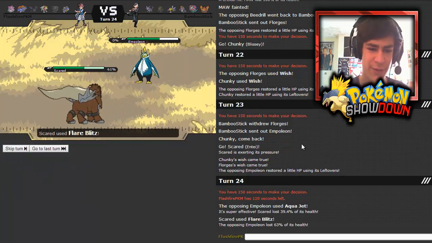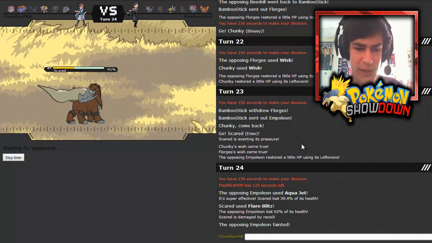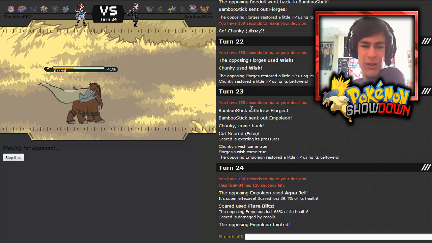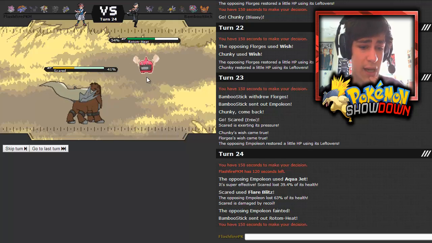So yeah, I think he is a physically offensive Empoleon, actually, from the damage that did. But we're fine. We live it. We're in a good spot. That Beedrill is quite a big threat to us, though. Him saving the Florges is actually quite a problem for me as well. I need to get some prior damage on...